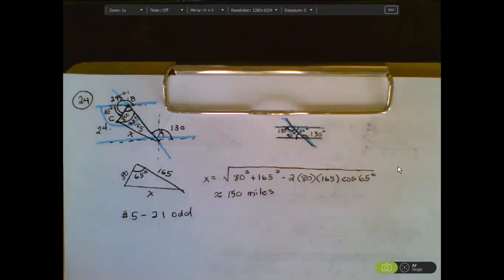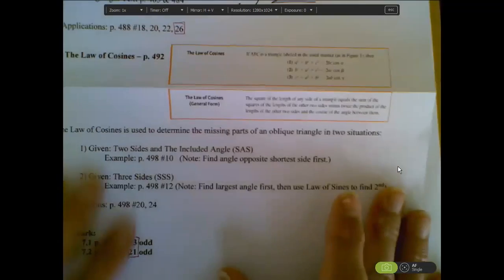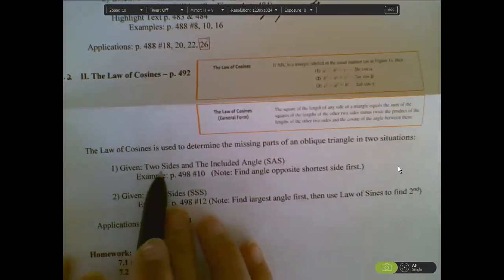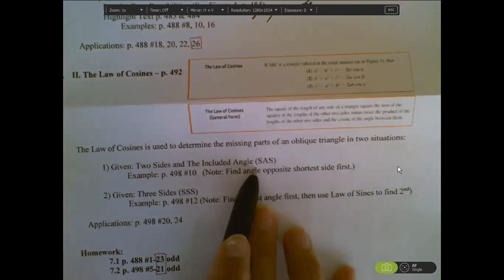So, Ms. Miles, Yes, ma'am. You know the law of sines, we had to see if it can make 2 triangles. Right. Would we have to worry about that with cosine? If you follow these 2 notes, if you're given 2 sides and the included angle, we found the,